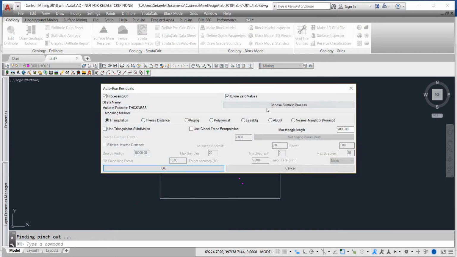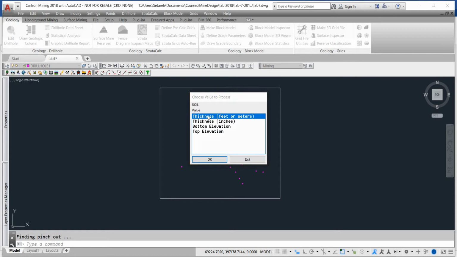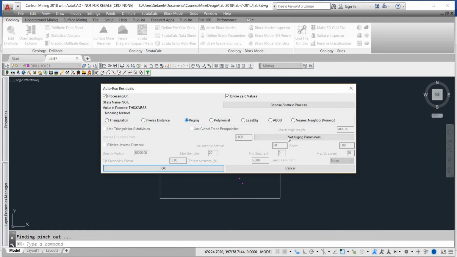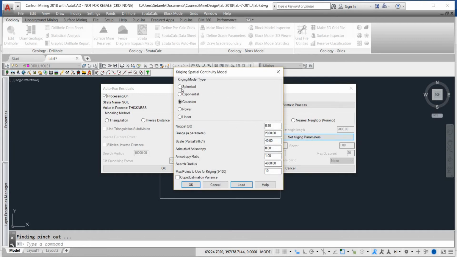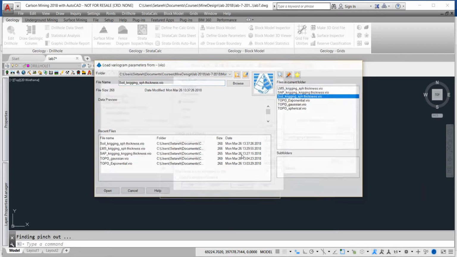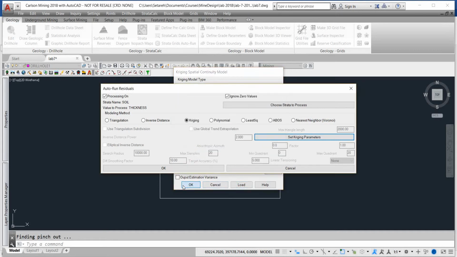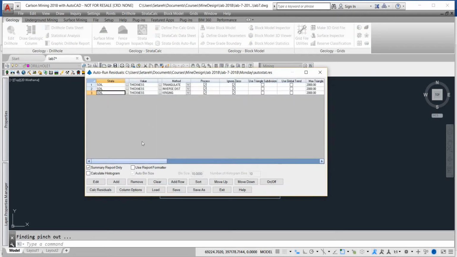Next, soil thickness kriging, and set kriging parameters. Load. It's for soil kriging, so it will set it automatically. Click OK and OK. So next it would be